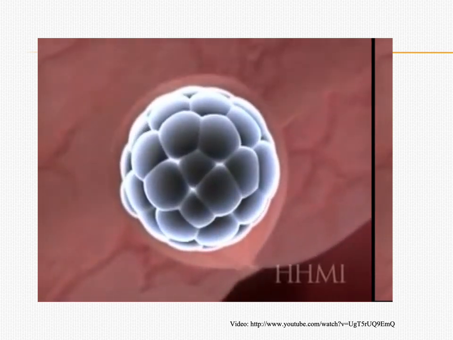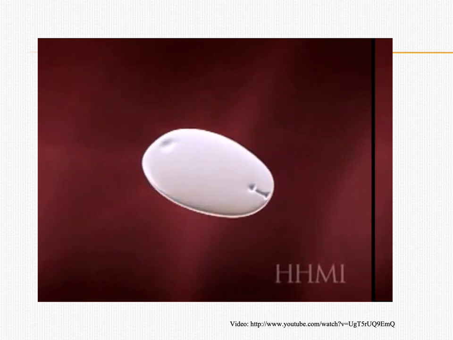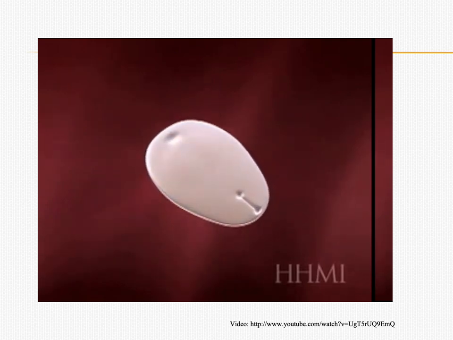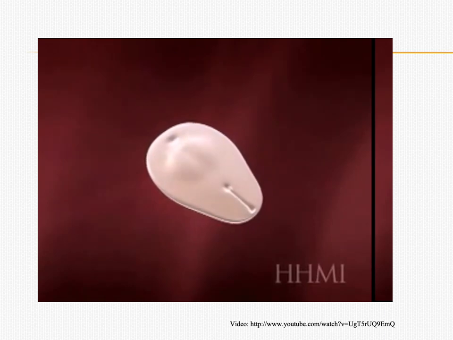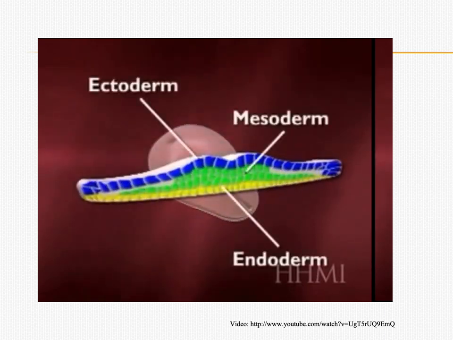And now we'll see those blue inner cell mass cells form a disc, and then as the cells continue to grow, they change their physical positions, their geographical relationship to one another. And you'll see that represented here as this disc gets transformed into an embryo. Those lines represent sites where cells are migrating in and out. And here's an important stage when the three